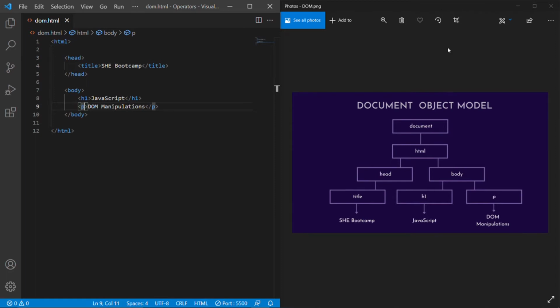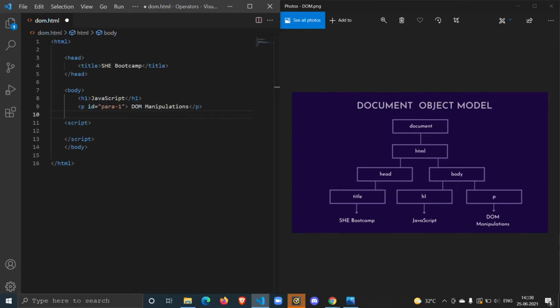In the same way, look at this paragraph tag. Here, suppose I am giving an attribute, give id equal to para1. So here id is the attribute and para1 is the value of the attribute, such as for object car, the property is color and value of the property is black. If paragraph is treated as an object, then attribute id is similar to property and attribute's value is similar to property value. I hope you can connect them now.